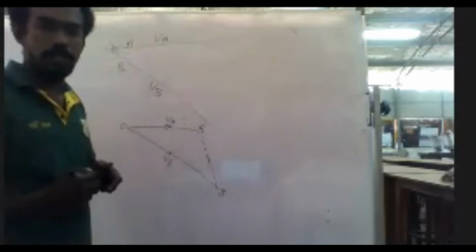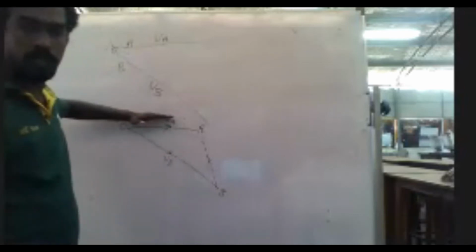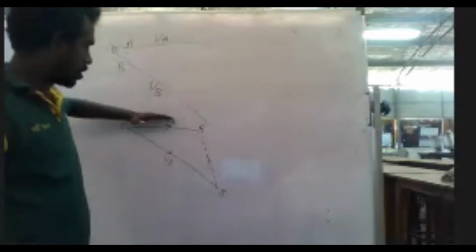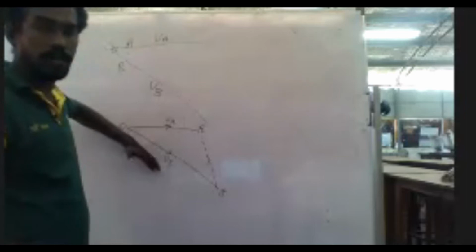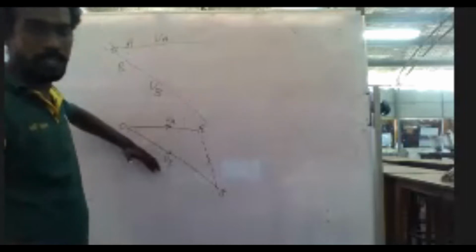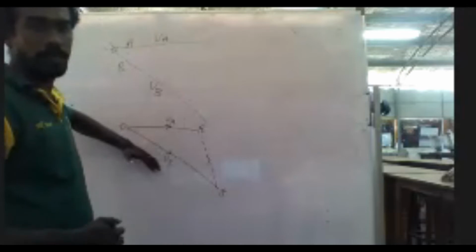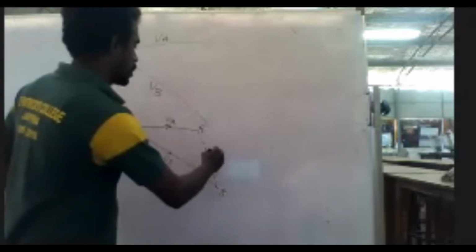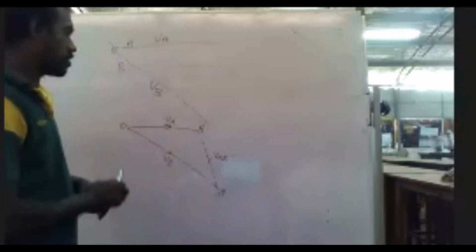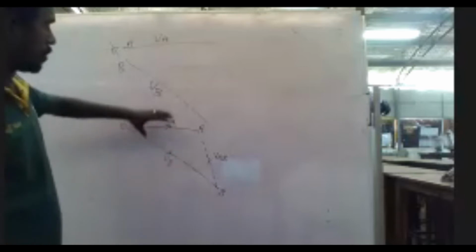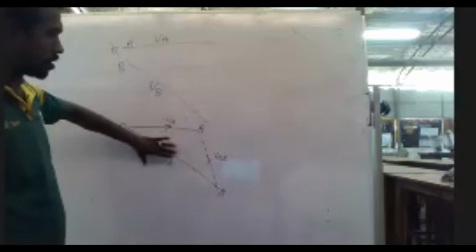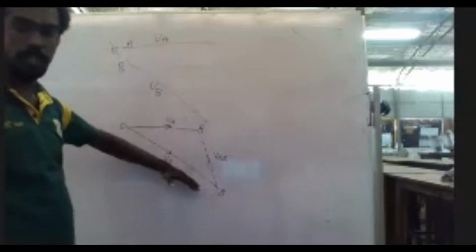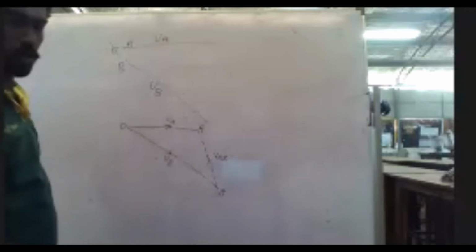So again, the concept is the same, right? A is moving this way with velocity VA. B is moving this way with velocity VB, right? Now we need to find the velocity of either A relative to B or B relative to A. Say I'm going to find the velocity of A relative to B, which means I'm going to stop this VB, right? So how am I going to stop this VB?